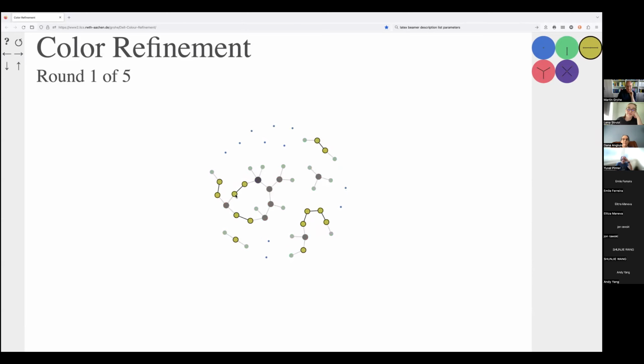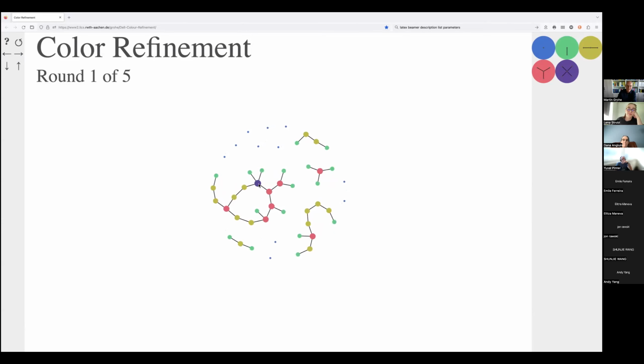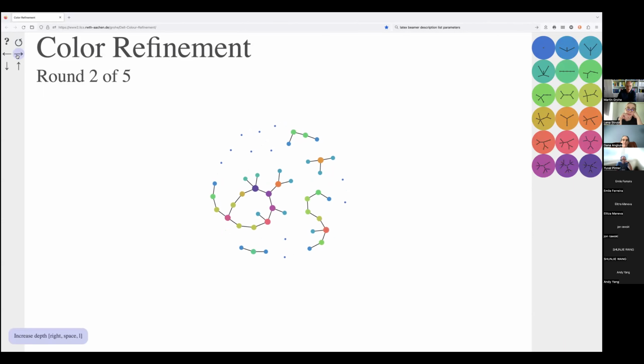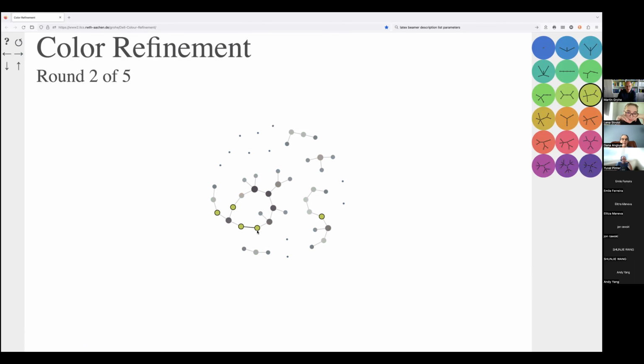Now let's look at these 2 green vertices, this one and this one. Do you see what I'm doing, that I'm moving the vertices? This one here has a pink neighbor and a purple neighbor. This one has this red-pink neighbor. So even though they both have 2 neighbors, they should get different colors. And indeed they do. Now we can look again at 2 vertices of the same color, say this one here and this one here.